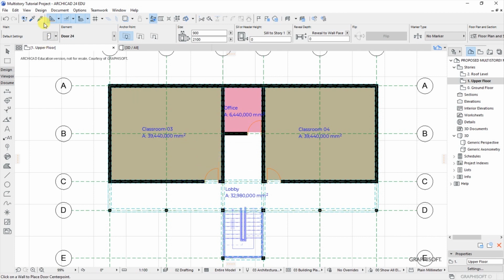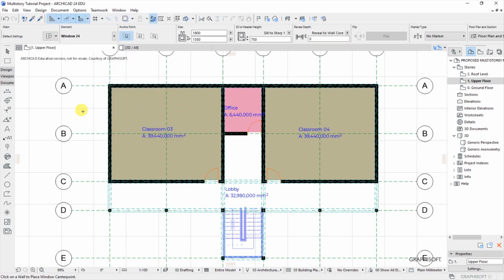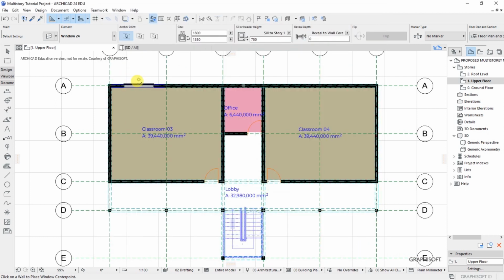So now under design, architectural tools, click on window tool to activate it. Open the settings dialog for the window default settings. We'll have window 24 as our favorite option, and these are the settings. We have the width as 1.8 meters and the height as 1350 millimeters, and the sill to story height as 750 millimeters. So if you're okay with that, you will click OK, then place a window here,